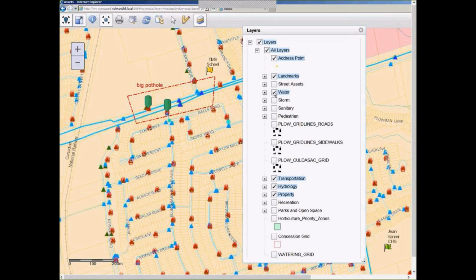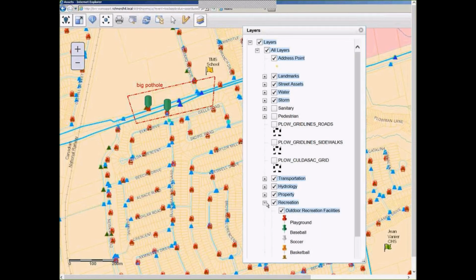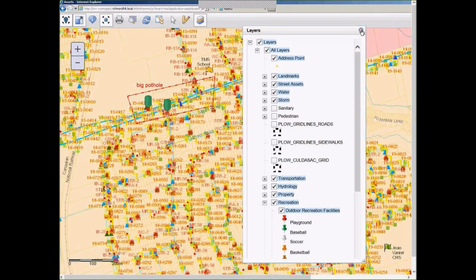So currently I'm seeing my water layers. I can put on my street assets. I can put on my storm and sanitary, turn on recreation. I can turn certain things on and off. So obviously by enabling these, it makes the map busier, but you have the ability to control that, as well as you have the ability, if I do this right,